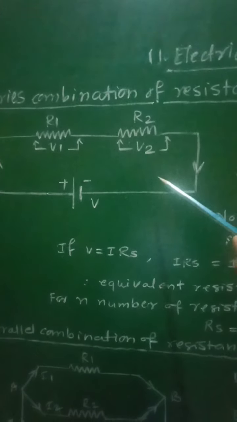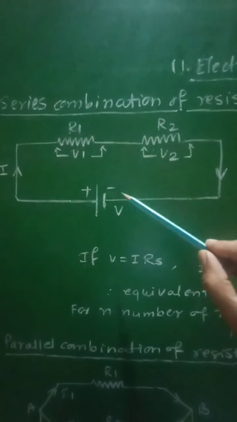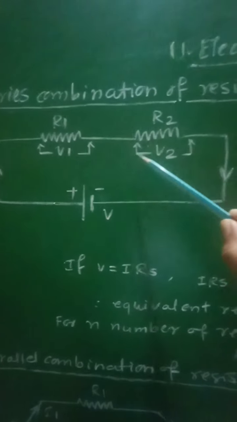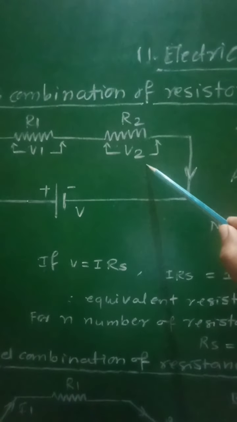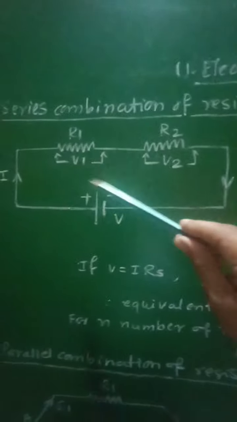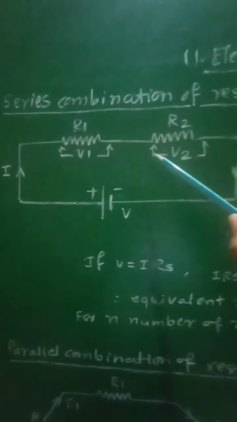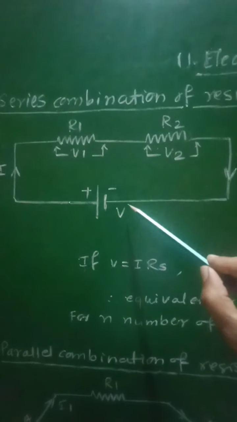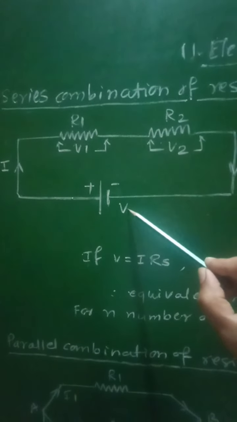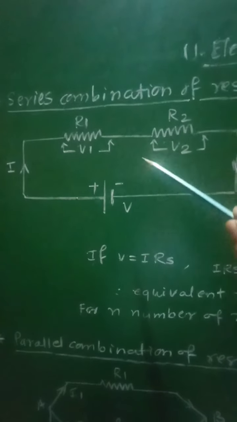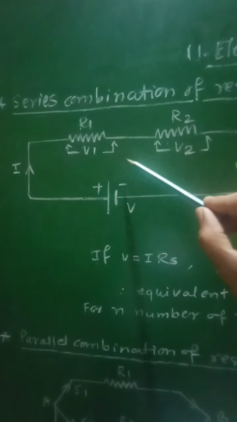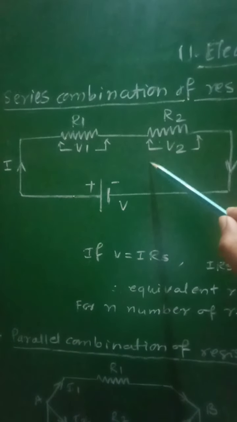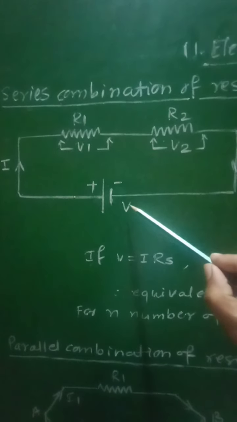Now in series combination, the voltage across R1 is V1 and across R2 is V2, but the current I flowing through both the resistors is the same, and therefore the supplied voltage V will be split into V1 and V2 across R1 and R2, that is, the total potential V will be